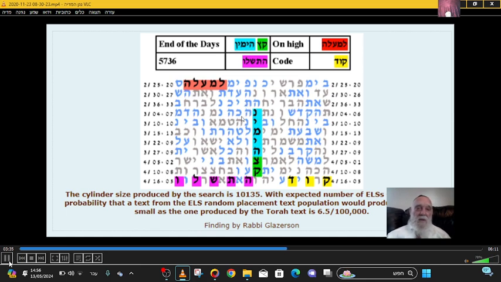Dr. Rothenberg says that this idea of minimal and best meetings is much better than statistics. So what do the statistics show here? This is the explanation of Professor Haralick, and this is what he said: a table as small as the one produced by the Torah text is 6.5 in 100,000.